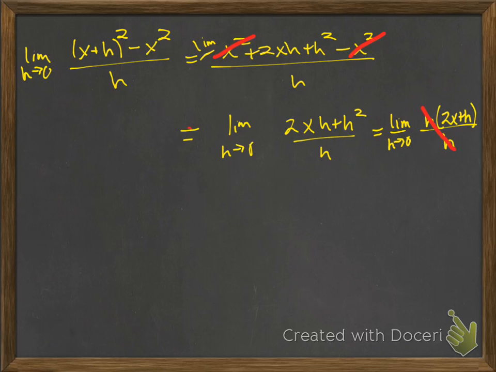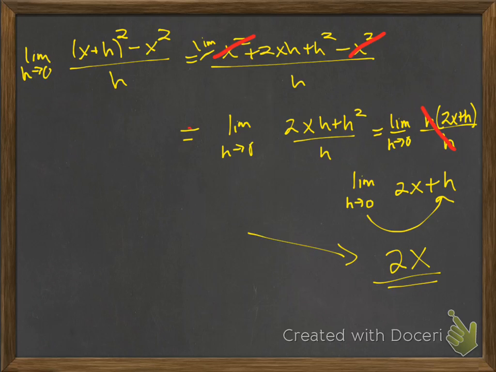Gone are the h's. The end result is that I get the limit as h goes to 0 of 2x plus h, and I can now put 0 in directly. This limit is 2x. Now what's interesting is that's a polynomial. What that means is for any value of x that I want to put in there, I've found something interesting. Believe it or not, this is called finding the derivative. And this is something that we spend all of our first semester of calculus doing. Finding the derivative. You just did it